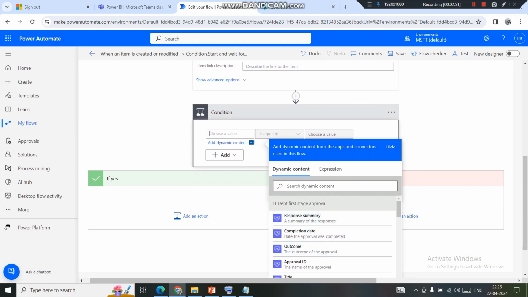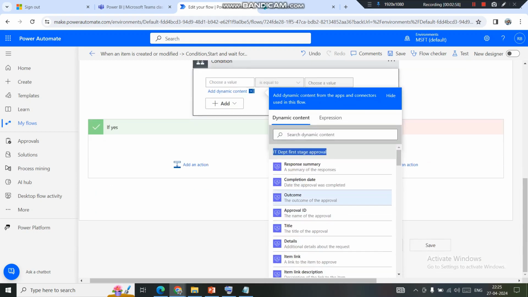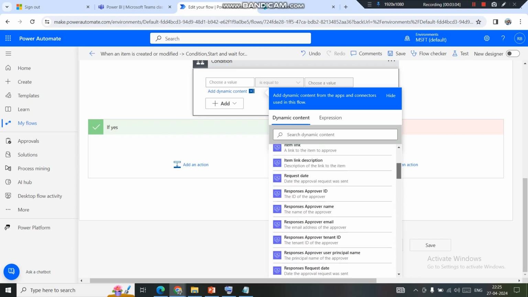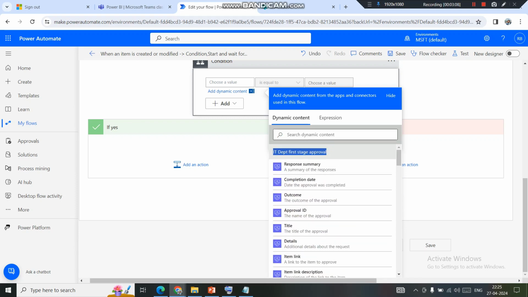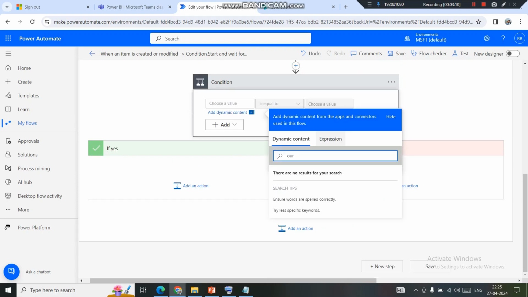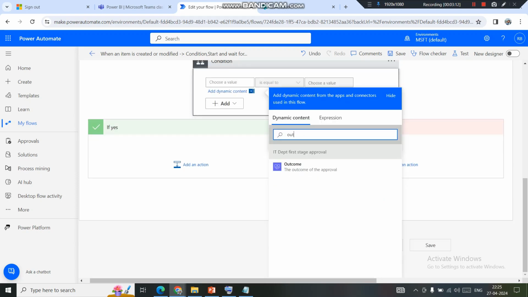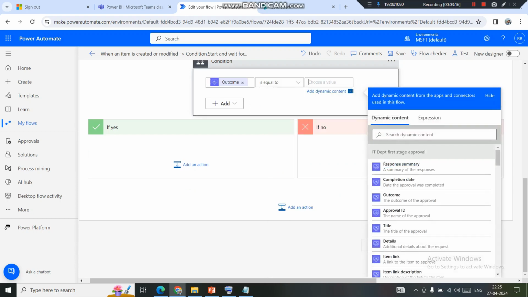Okay, so you can see the IT department first stage approval, and what are the options we have? We have the response summary, completion date, outcome, approval ID, titles. There are so many things which we can use. However, what we need is the outcome of this flow actually. So I'll select this outcome. Okay, and if outcome is approved,